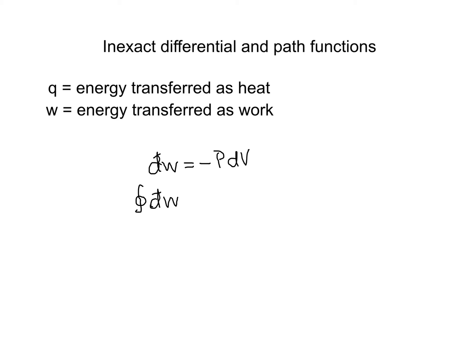I can see that I have equated dW to state functions, pressure and volume. And so I can integrate pressure times volume, but I must know how the pressure depends on the volume. So I need to know the path that I have taken and how that pressure changes as a function of volume. If I do this reversibly, and I have an ideal gas in my system, then I know that